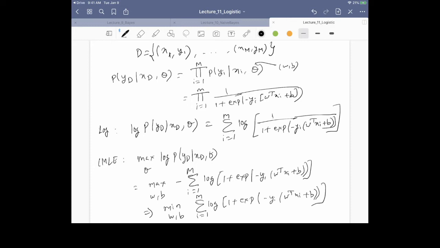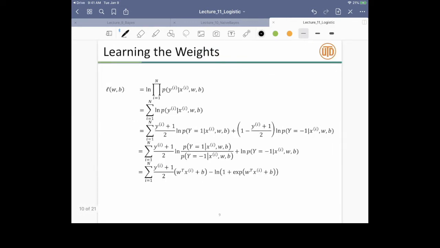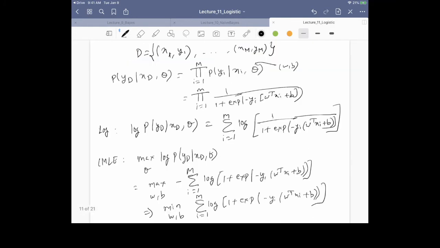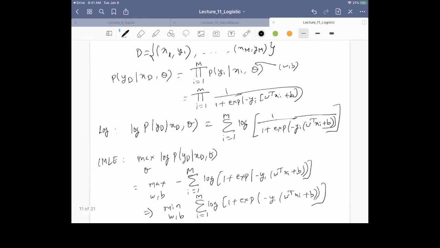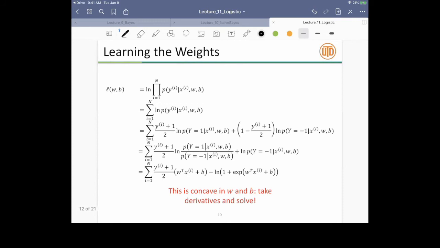So this is the final expression that we get. This term is slightly different from the earlier one, but you can substitute the values of y equal to minus 1 and plus 1 over here. Your training data is either plus 1 or minus 1. You substitute the values back and you will see that you exactly get this expression. It's slightly easier to derive this way, but both derivations are the same. The functional forms are slightly different. Any questions until now?